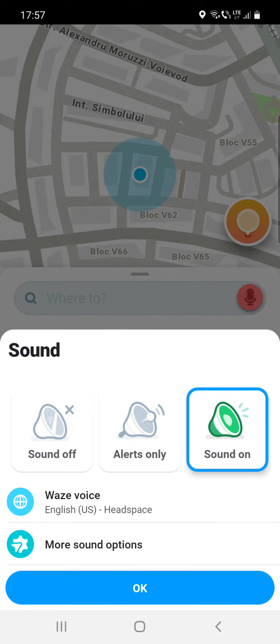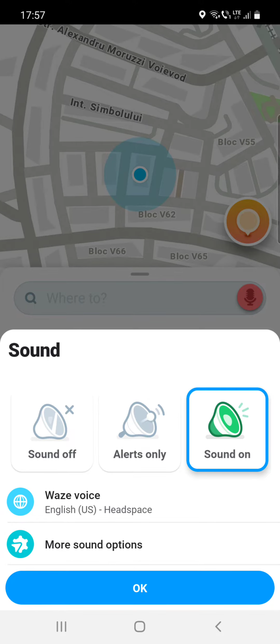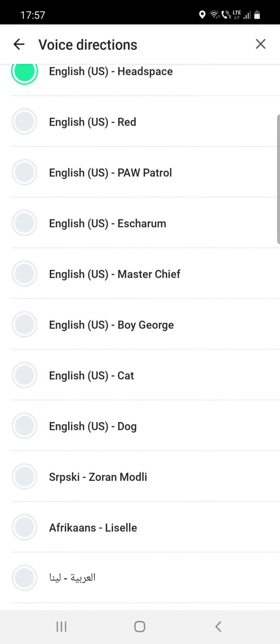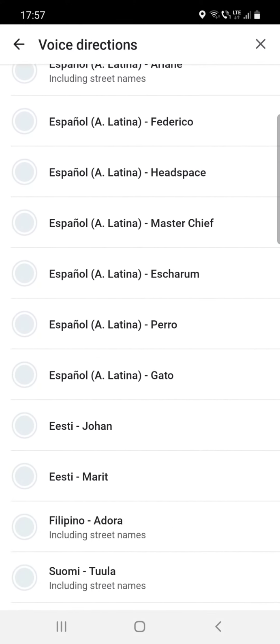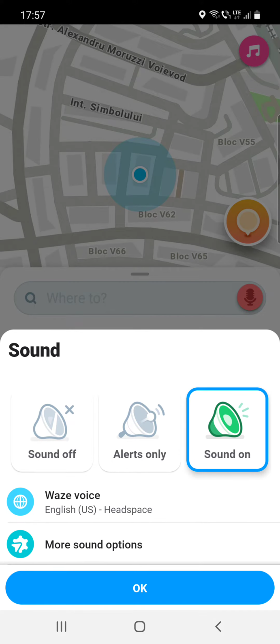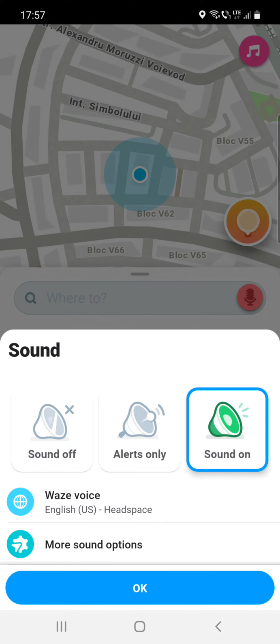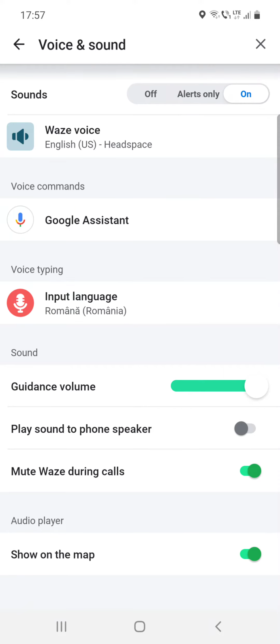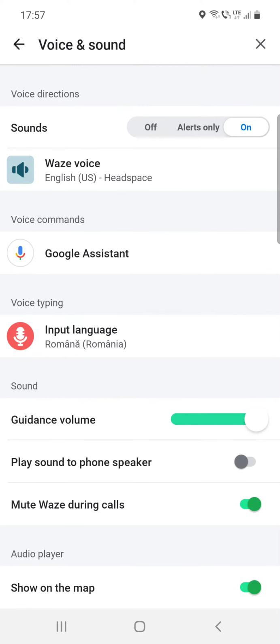And after that you can see that the Waze voice now it's in English, but you have several other language options as well. So this is really helpful, because if you do not speak English, maybe you can find your own language. And if you click on the more sounds option, here you see that there is other helpful options